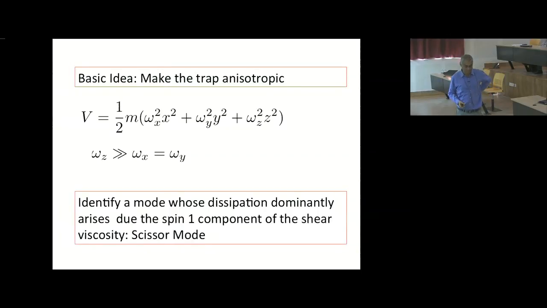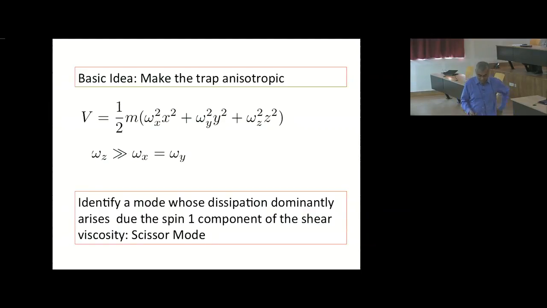All right, what's the idea? How do you introduce anisotropy? It's very simple. Anyway, they put these systems in traps. And so all you do is you make the trap anisotropic. It's a harmonic oscillator trap. You take the angular frequency, say, in the z direction, to be much bigger than that in the x and y. That confines the system more in the z direction and introduces this anisotropy.